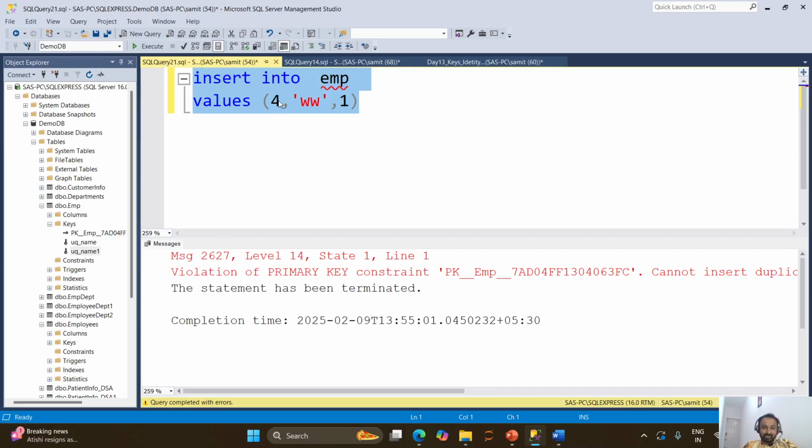So okay, it's not throwing my constraint error, it's throwing my primary key error, and I cannot keep it. So first I'll check primary key, it throws an error. Then if I keep the same name, it will throw a unique key constraint error. Now, I corrected both of them, trying to run the query with the